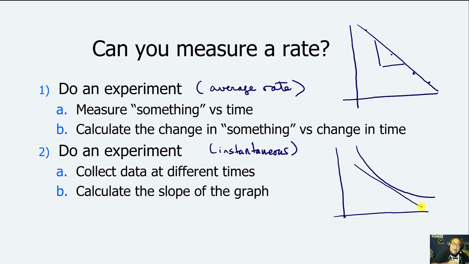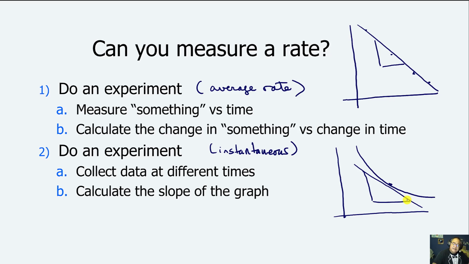That's parallel. So normally you would draw that to touch, but you can see how my drawing skills are. I wanted to show you that you want to draw the line parallel to the point that you want the slope of. So, you know, I want the slope right at that point. And so I draw a line that's parallel to the slope at that point, and then I take 2 points